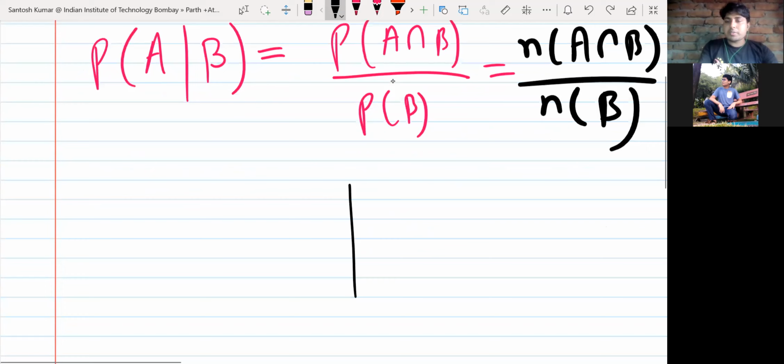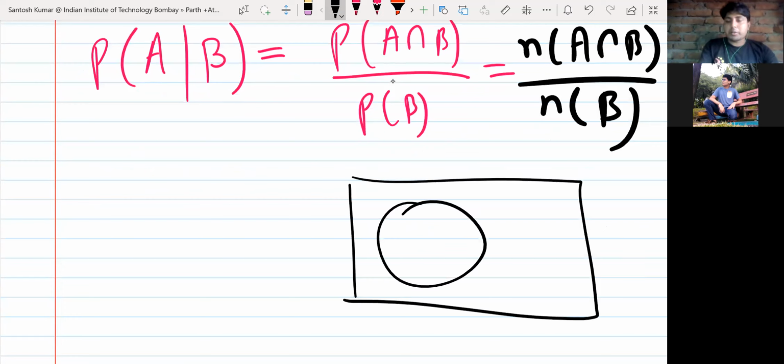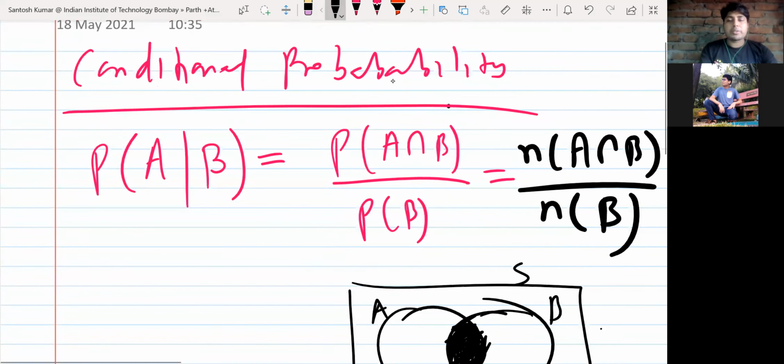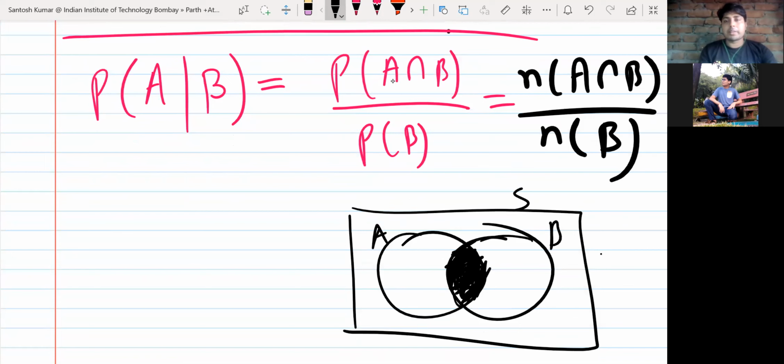So the logic is A and B are two events. This is the sample space, this is B, this is A. So what is the probability of occurrence of A when B has already occurred? B is given to you. So it is like B is the sample space. Can you imagine? And then what is the probability of the common portion of A with B? So this probability you want to find when B has already occurred. So in place of sample space, you can see B is having like sample space here.